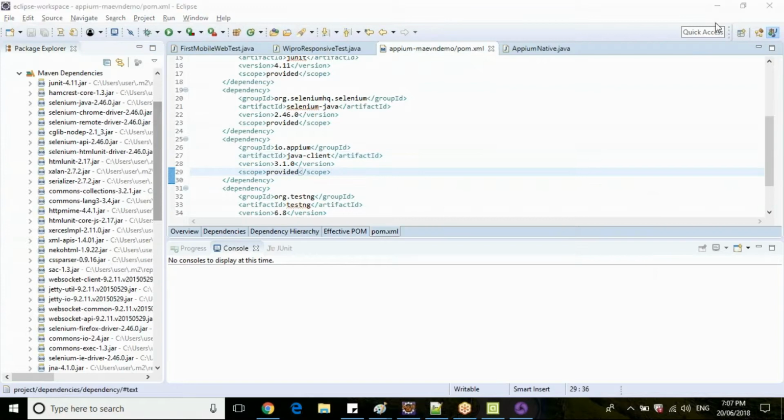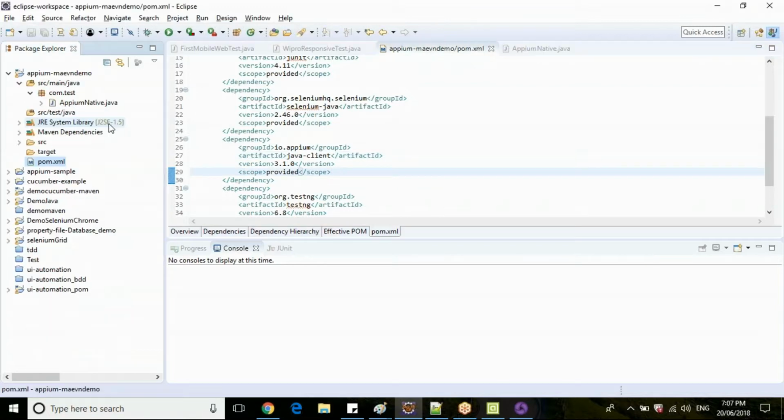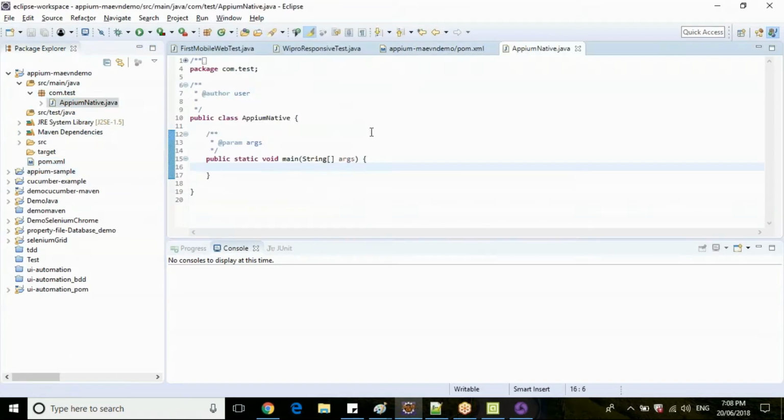Okay. So any other queries, guys, in Maven setup? Now we have just created a simple Java class.